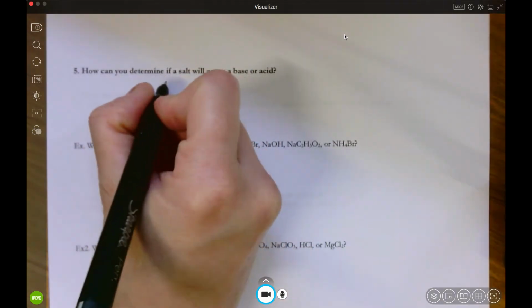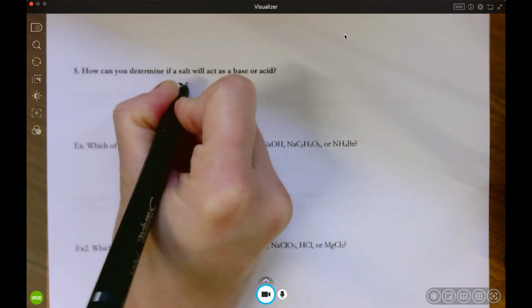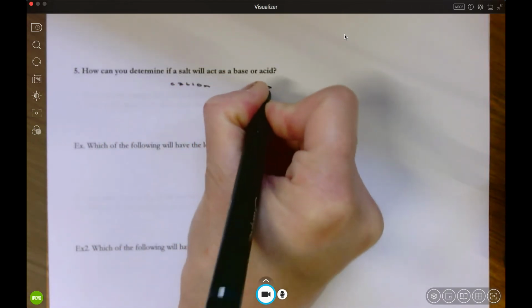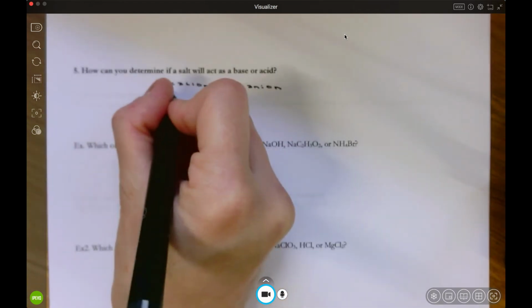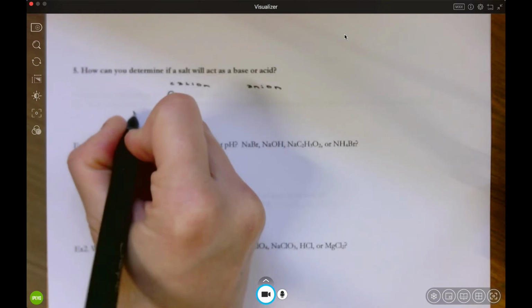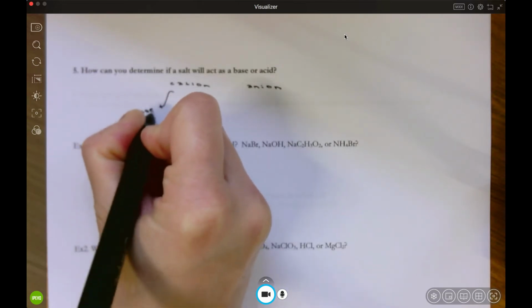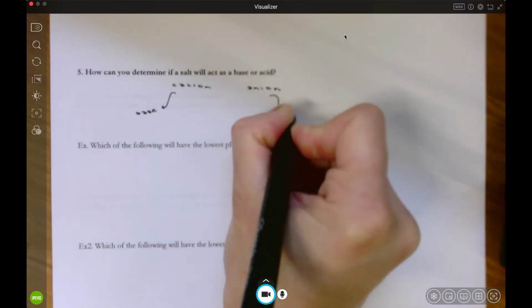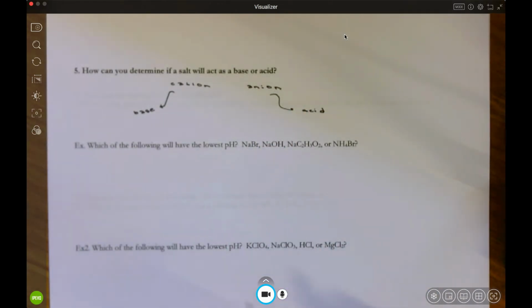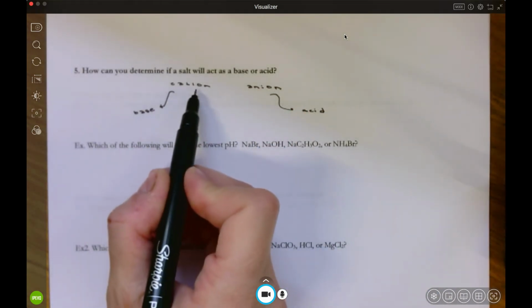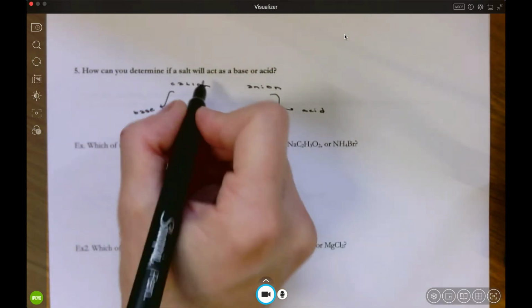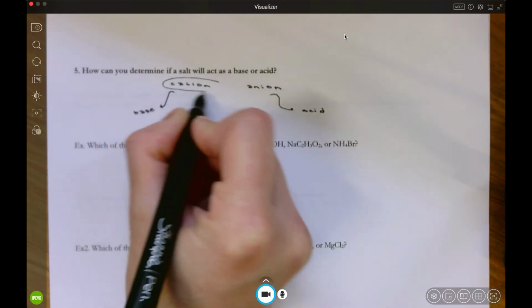Because remember, a salt comes from a cation and an anion. The cation actually comes from a base, while the anion comes from an acid. So I'm going to show you some examples to explain why. But if the cation, which came from a base, came from a weak base, then it can act like an